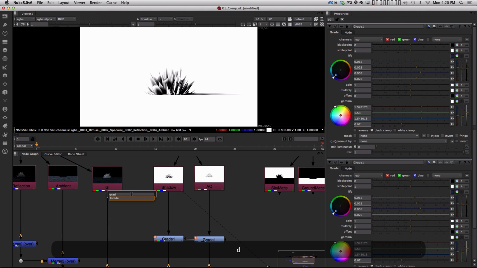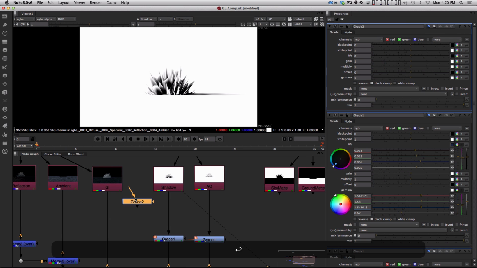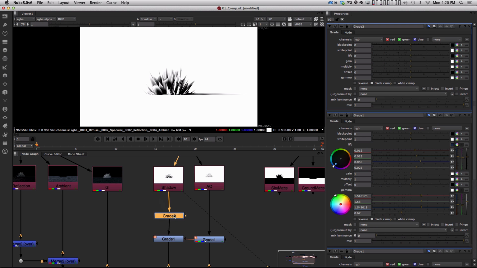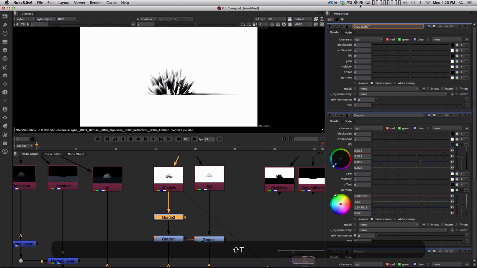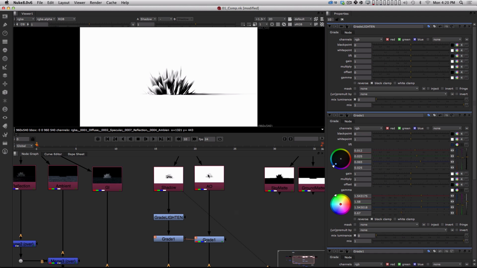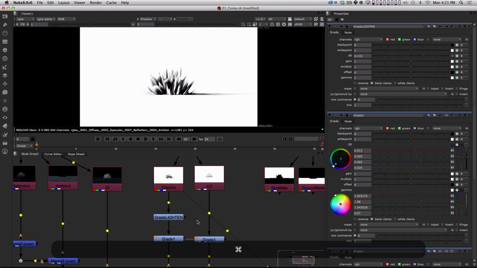So what I'm gonna do is use a grade node, and I'm going to put it right here. And I'm actually gonna rename this grade node so I can start to keep track of what each of these grade nodes are doing. So this grade node, I'm gonna come up here and I'm going to rename it grade, let's say lighten. Okay, and what I want to do is just use the controls to lighten, I'm sorry, I'm not looking through